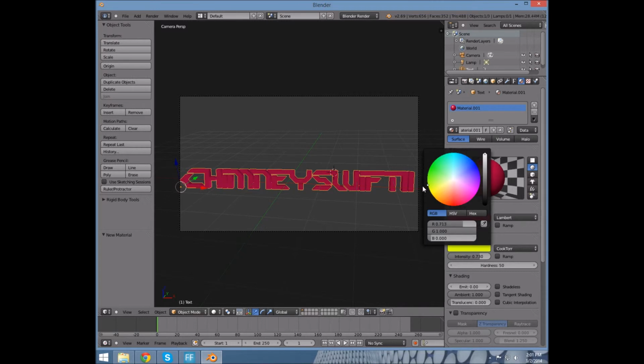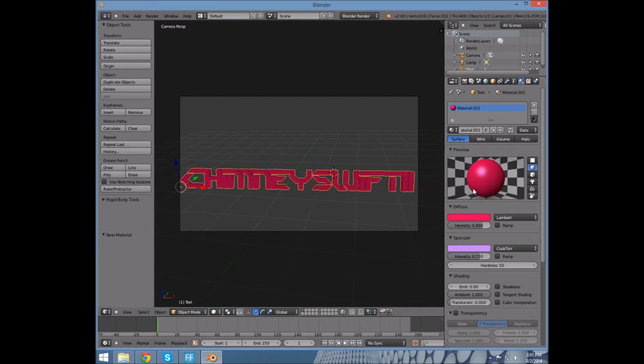I don't think you can move the window, but anyway, the shading changes color according to the shading thing. So that's kind of cool. So if we have white, then we get a white thing, and if we have green, then we have a greenish thing. So I'm just gonna go with the kind of purplish